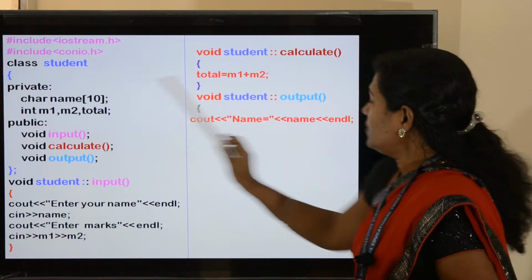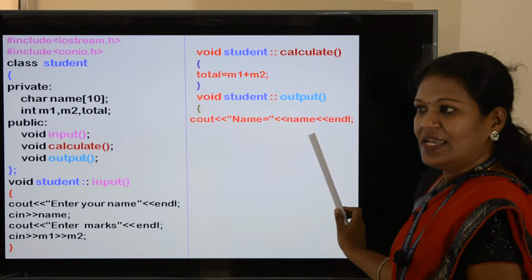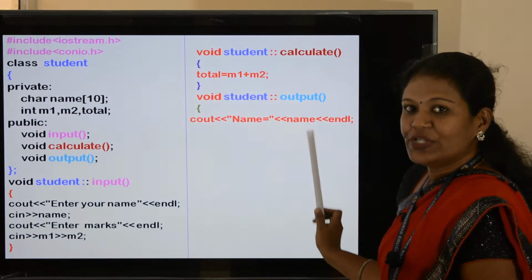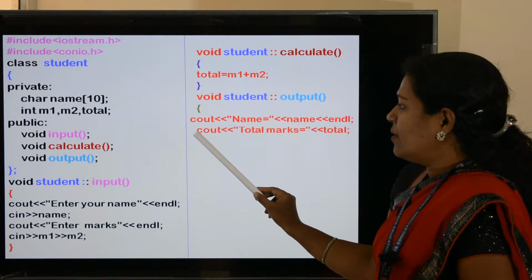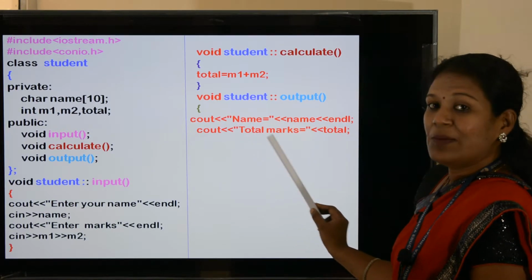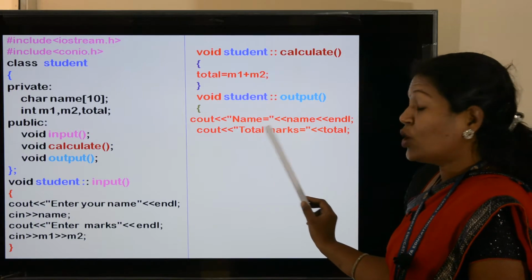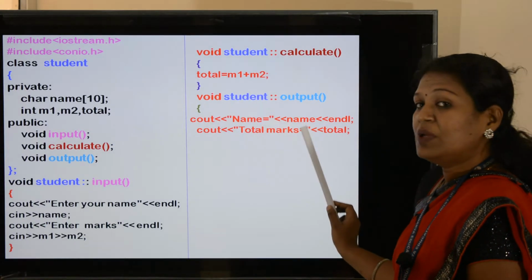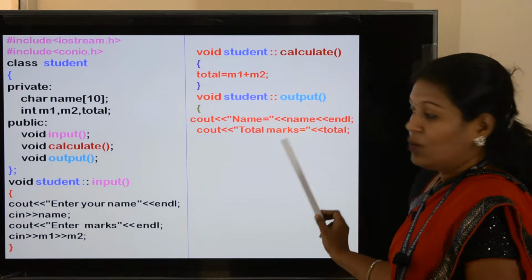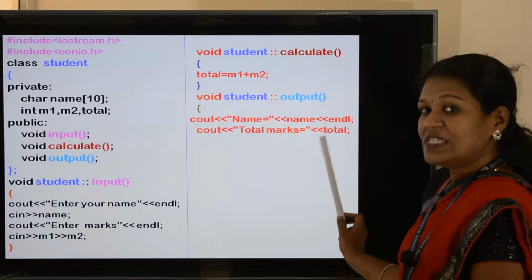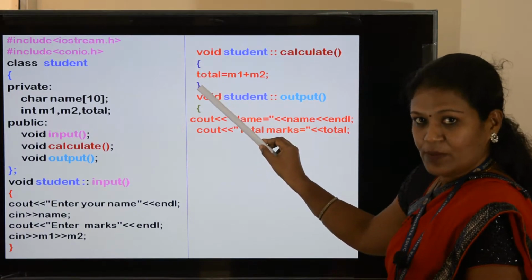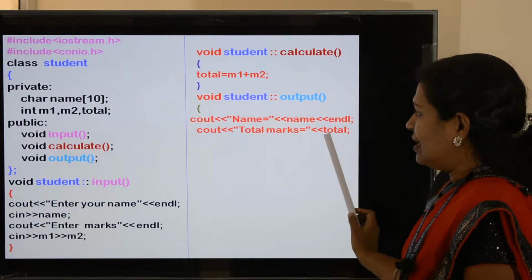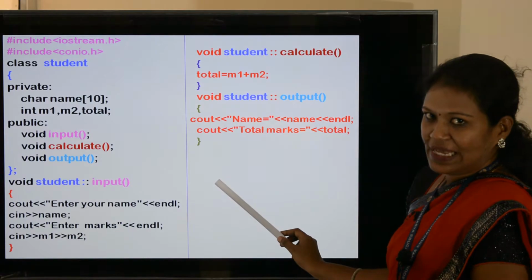Name. Then endl. Endl means the cursor will come to the new line. Next, cout "Total marks". I gave this total marks within double quotes. Then what is the variable which stores the total marks? Total. This one is the variable total. Then last, close the flower bracket.